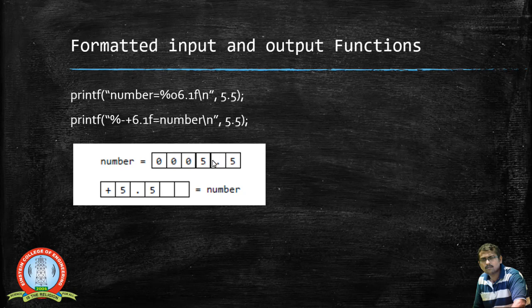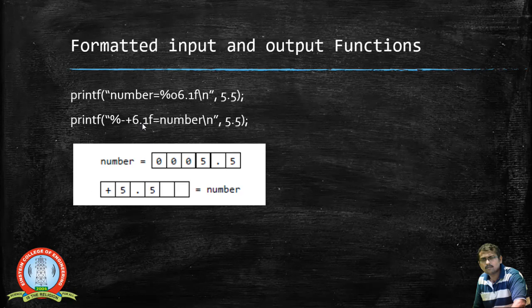The decimal point occupies a single space, and after the decimal point we have one digit, and before the decimal point we have only 5 which is to be displayed, and the other places will be padded with a 0, since it is specified as percentage 0. And similarly, in this case it is left justified. So we said that you can left justify by using a hyphen symbol. So this will get left justified.